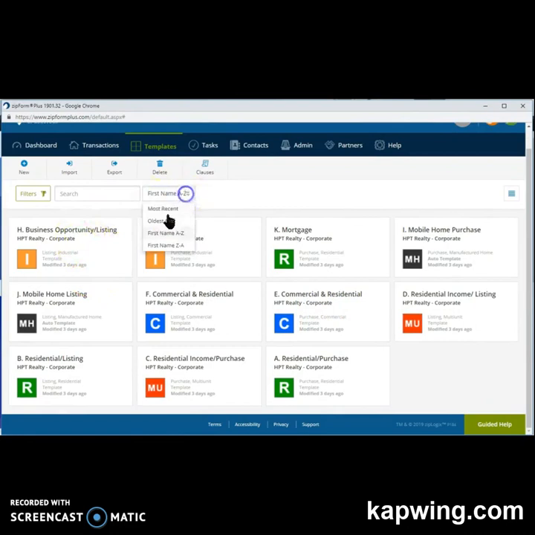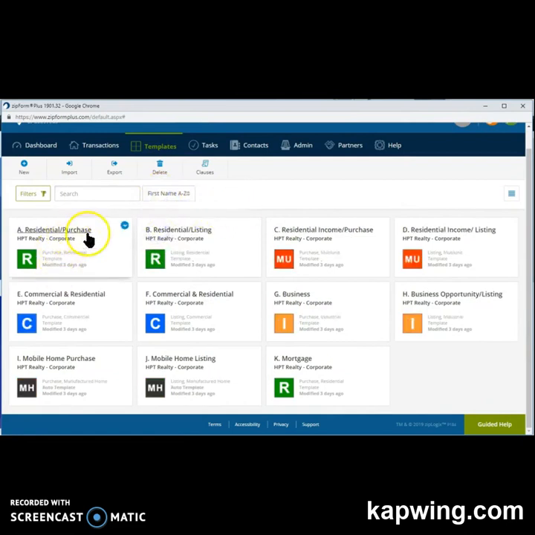We have all sorts of templates here that we can use. So we have residential purchase, residential listing, residential income purchase and listing, same as for commercial and residential income purchase and listing, for business opportunity, purchase and business listing, mobile homes, and the only template we're trying to figure out how we can make it work is the mortgage template, because we figured out that Zipform Plus is not designed